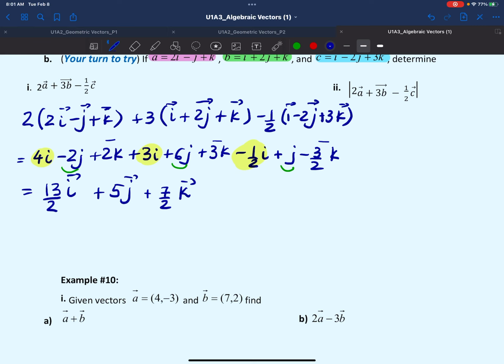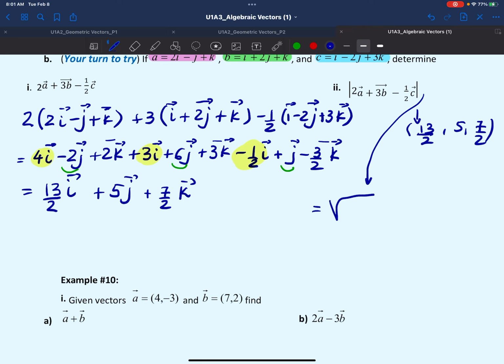And don't forget to write the vector in component form before you start finding the magnitude, which makes it easier. It's not a mess though. And we're going to say that the component form of this vector would be 13 over 2, 5, and 7 over 2. So the magnitude equals the square root of (13 over 2) squared plus 5 squared plus (7 over 2) squared, which will make it